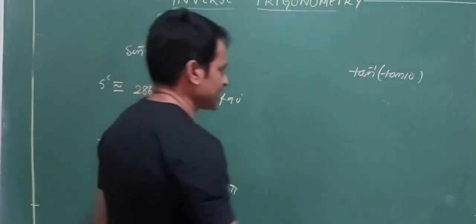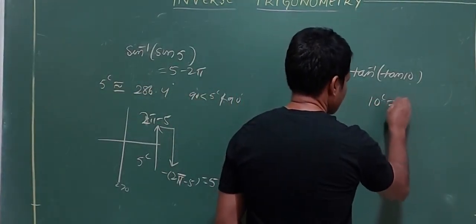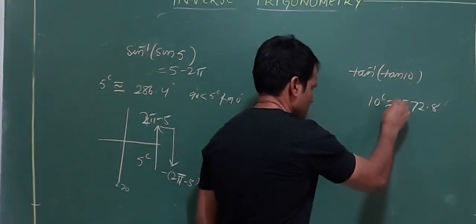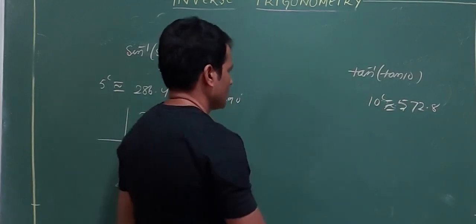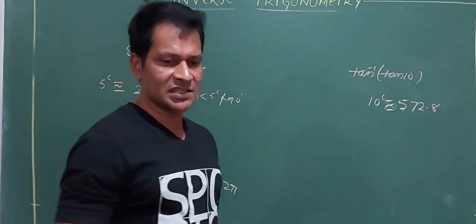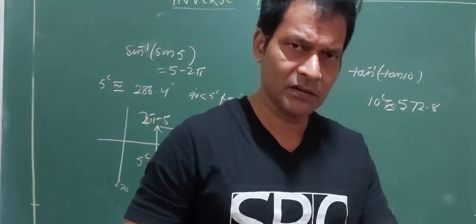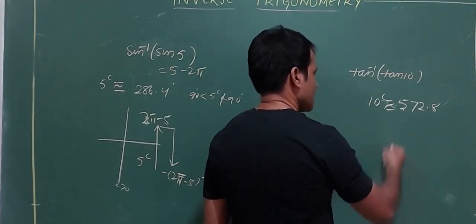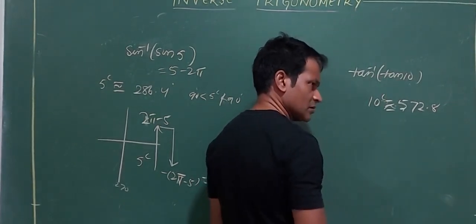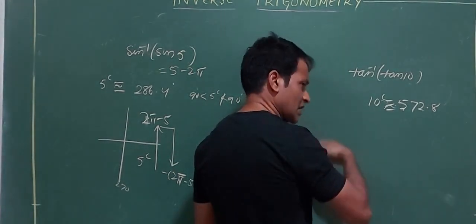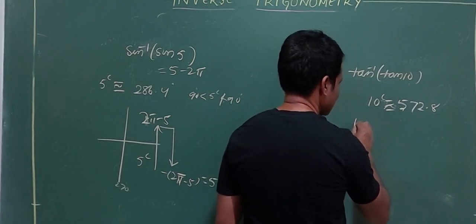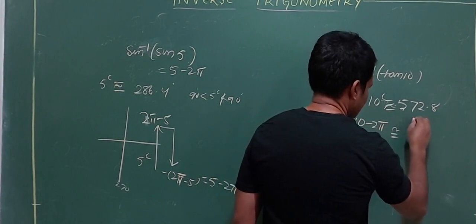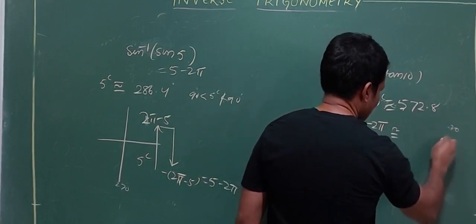Let's come back to tan inverse tan 10. 10 radian is nearly equal to 572.8. It is more than 360. If a value is more than 360 or a multiple of 360, first remove it. Then I'll think about the others. What to be done? As it is tan, I can go for a 180 multiple also. That also I can do. 360 also I can do. Let's solve with both. Suppose I am going with 360. 360 means 2 pi. 572.8 minus 360 gives you 8.